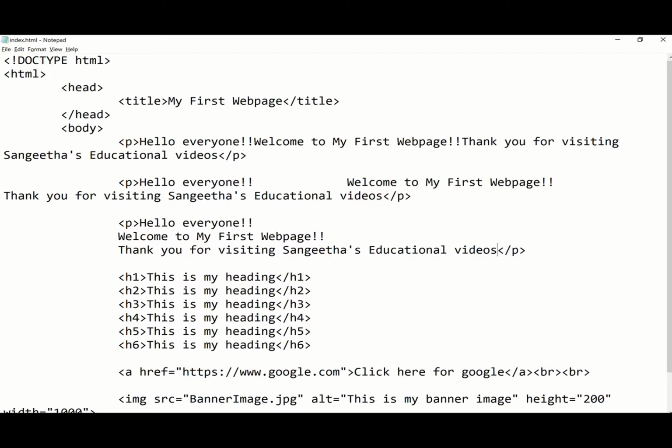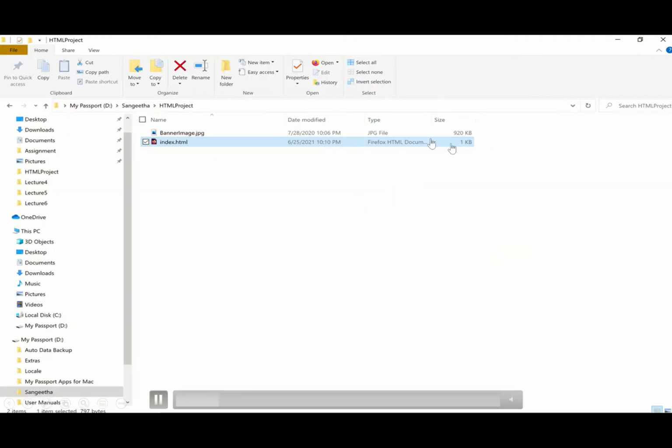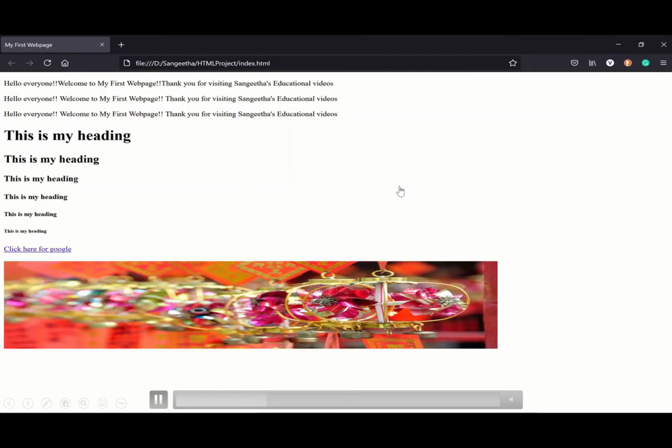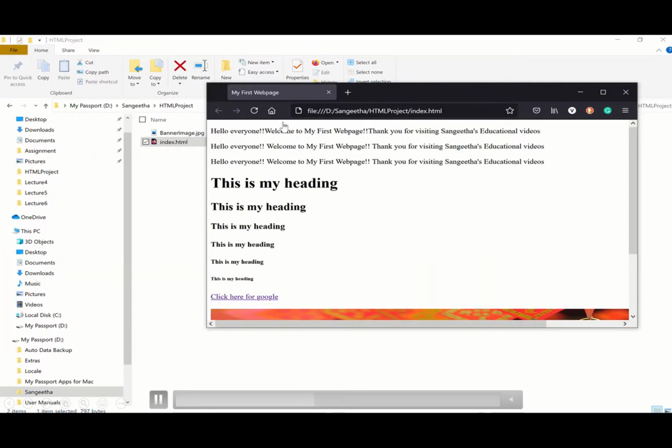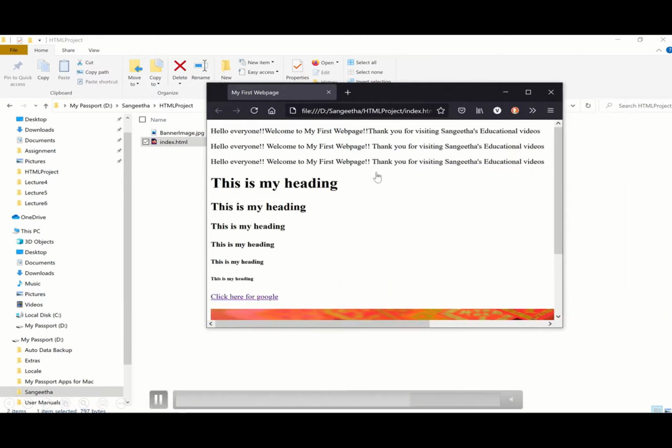See this example. In this HTML document, all these three paragraphs have the same content inside. They differ only by the spaces given. But while viewing the file in the browser, this paragraph contains a lot of space in the source code, but the browser ignores it. The number of lines in a paragraph depends on the size of the browser window. If you resize the browser window, the number of lines in this paragraph will change. See here.